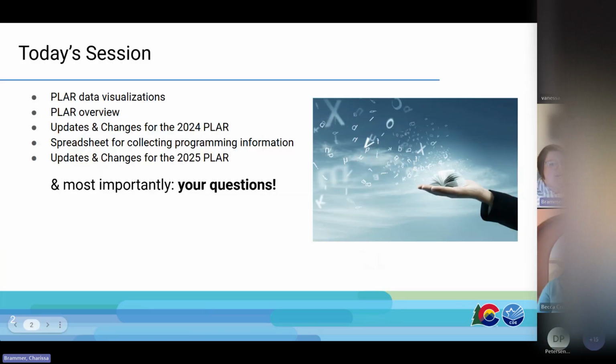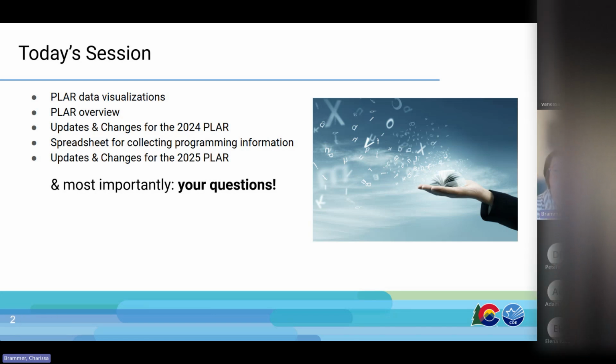Okay, here's what we can expect to talk about today. I'm going to show you some of Dana's incredible PLAR data visualizations. We're going to do a sort of overview of some of the things that I think kind of trip people up the most. Then we're going to get into the updates and changes for the 2024 PLAR, so the one that is opening in January that is covering 2024. Then we will debut a spreadsheet for collecting programming information, and then talk about updates and changes for the 2025